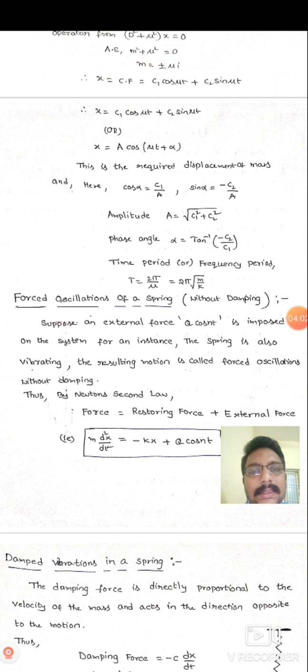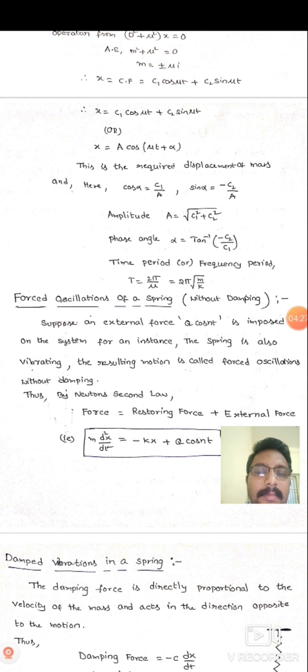The displacement x is a cos of mu t plus alpha, and the amplitude formula is a is square root of c1 square plus c2 square, where c1 and c2 are arbitrary constants, and the phase angle alpha is tan inverse of negative c2 by c1. The time period is given by T equal to 2 pi by mu, that is 2 pi into root of